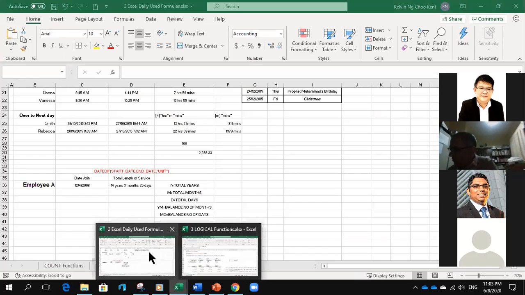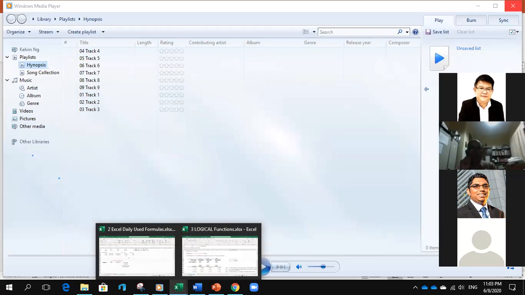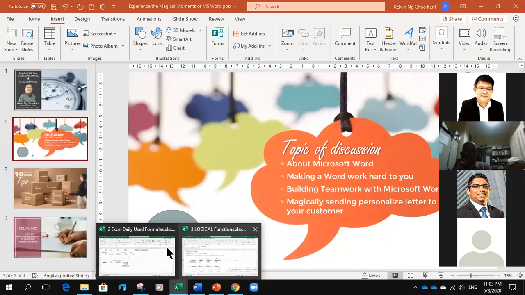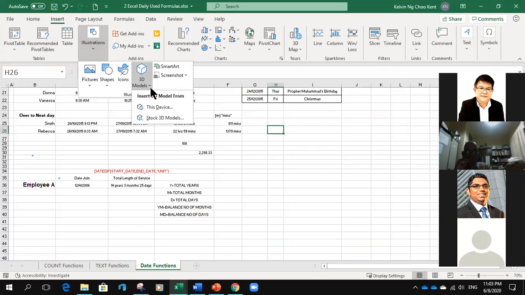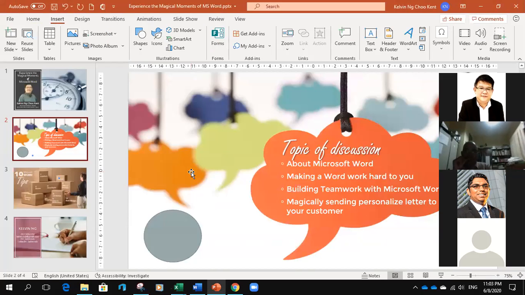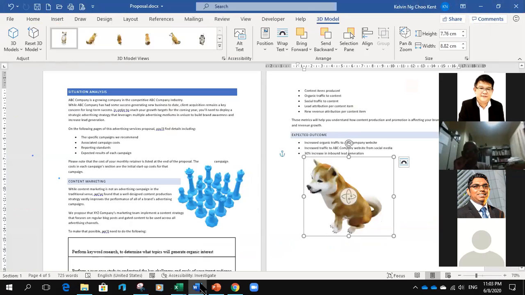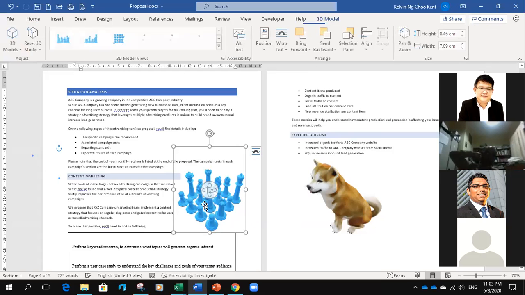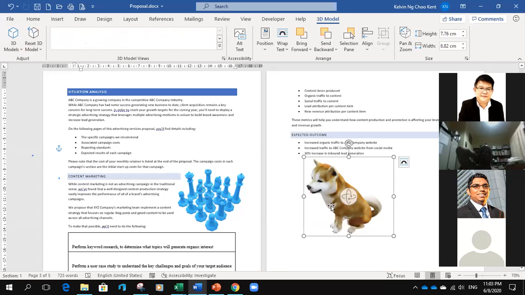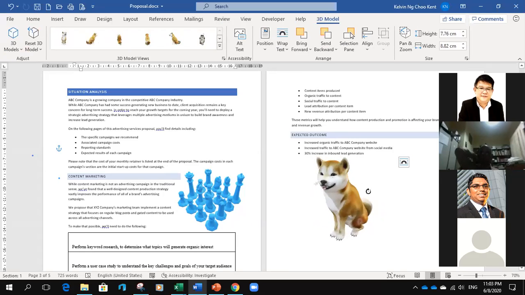If I have my Excel file now here, Insert, I have my 3D models here as well. I'm in Excel. I can have that as well. Super duper, but we have to get 365. Don't quote me for that, I'm not part of Microsoft though. I don't sell Microsoft, so I'm just trying to tell you what the new features available are. So this dog is really cool, right?